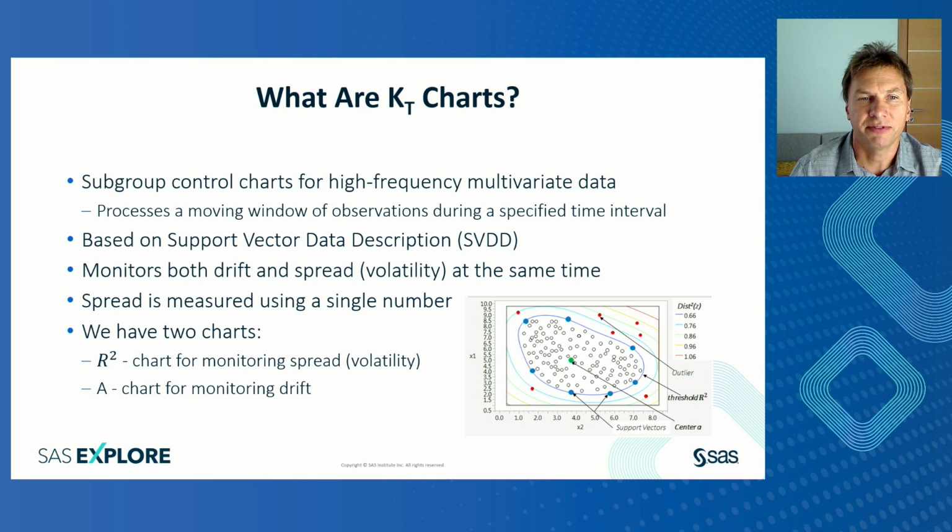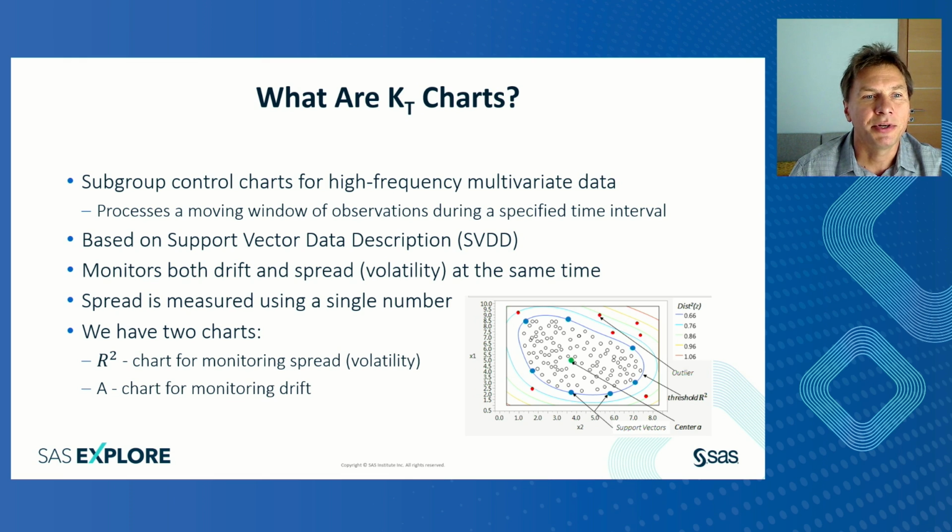And now very briefly about SVDD. SVDD is an unsupervised machine learning technique for one-class classification. It builds a mathematical model of data boundary, thus separating data into stable process versus outliers. It does not impose distributional restrictions on data. It has a built-in parameter tuning. It has a flexible data description, and it allows multiple operating modes.